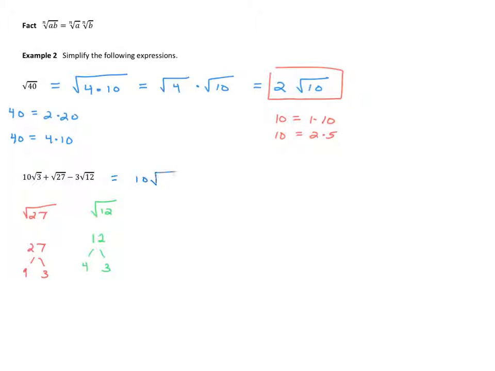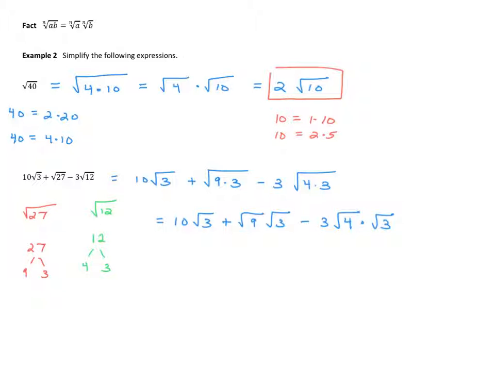So this is 10 the square root of 3, plus the square root of 9 times 3, minus 3 times the square root of 4 times 3. I'll leave the first term alone, and note that I can break these products into two separate square roots. Same thing goes for the square root of 4 times 3. That's the square root of 4 times the square root of 3. I've done this in a way where the square root of 9 is 3, and the square root of 4 is 2. So let's see, we get 10 root 3 plus 3 times root 3 minus, all right, here I